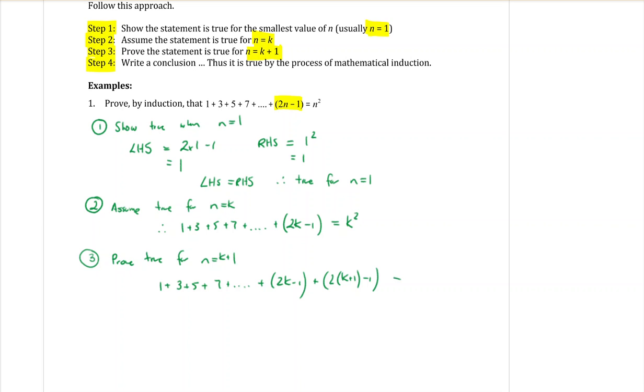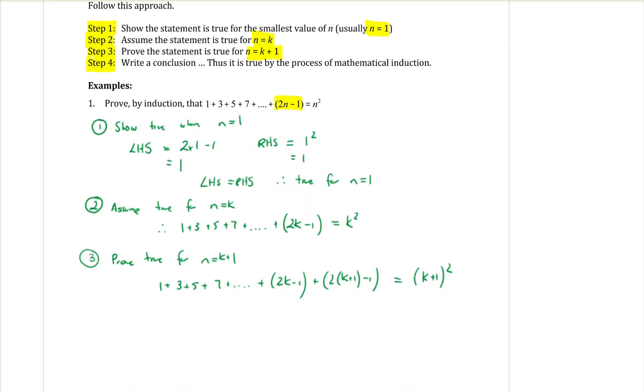Okay, and that's going to be equal to, on the right-hand side, I had k squared. You're going to replace the k with a k plus 1. Okay, now I have to prove that that is true. So I'm going to have to start with the left-hand side and see if I can get through to the